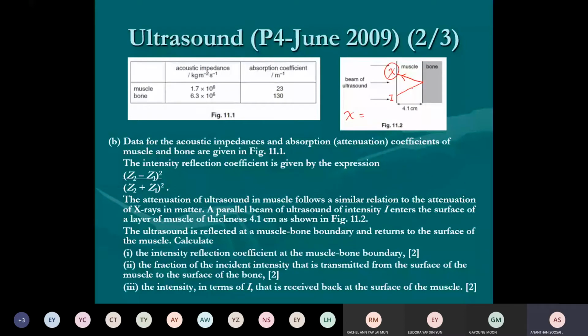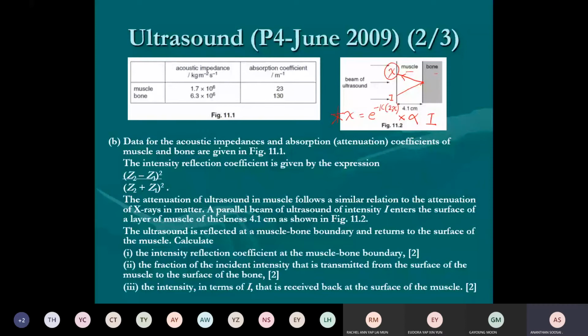Twice it has been absorbed, so you must use e to the negative K, and the x must be 2x. Twice, because it goes and comes backward. So 2 times absorption, times how many times reflected? Once reflected, so you must multiply by alpha, and the original I. This is the formula you must use. Two times absorbed, so 2x. One time reflected, so you use alpha, the alpha of muscle and bone. Then times the original I is the final intensity.